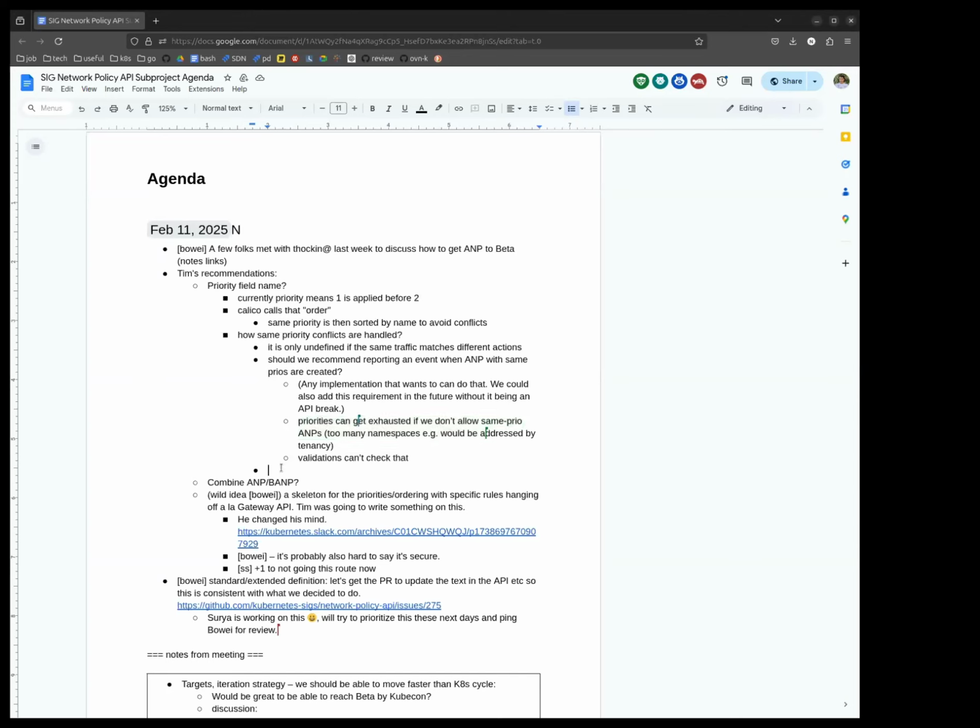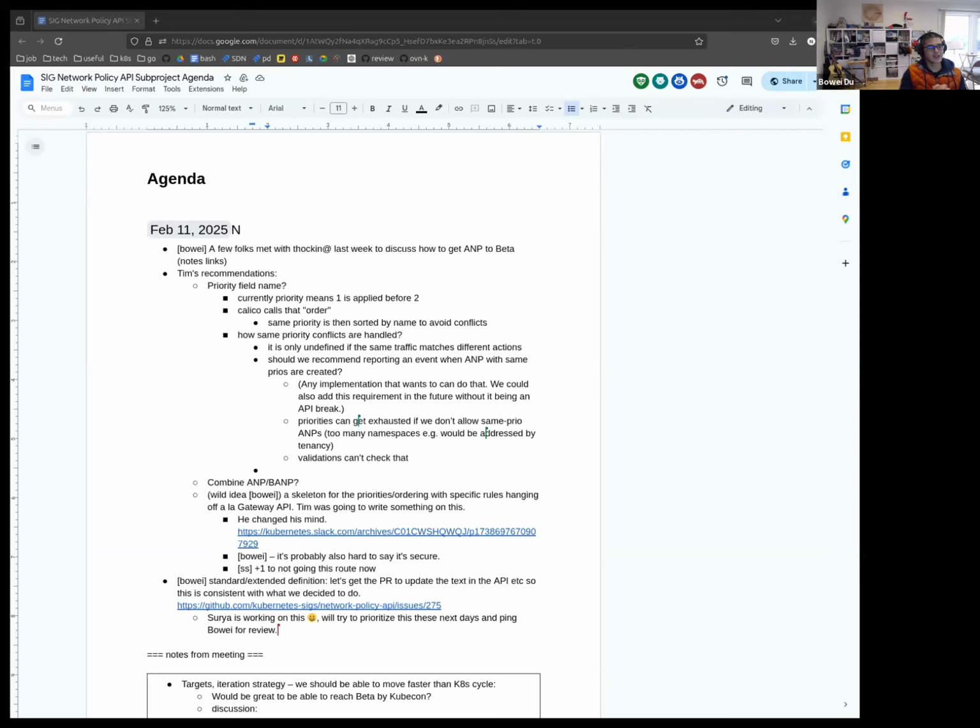Because I feel like if you think about the ways people are actually going to use admin network policy, this just won't happen. Most policies will either be only deny or only allow, and they'll be fairly restricted. Then you'll have a handful of very broad policies that are small enough that they're individually created and carefully prioritized, and so you're just not going to end up with this scenario.